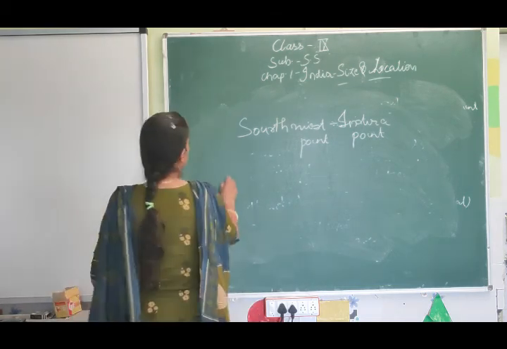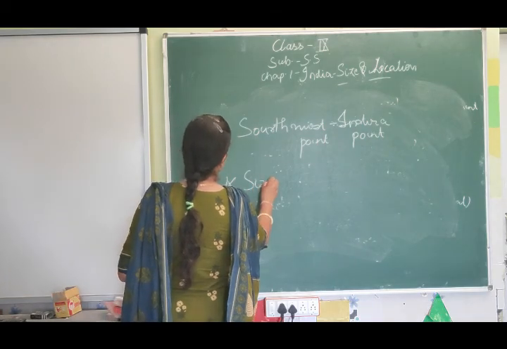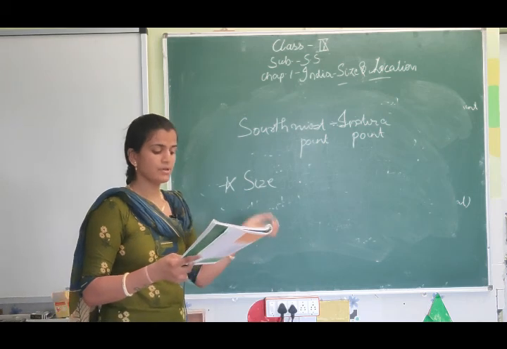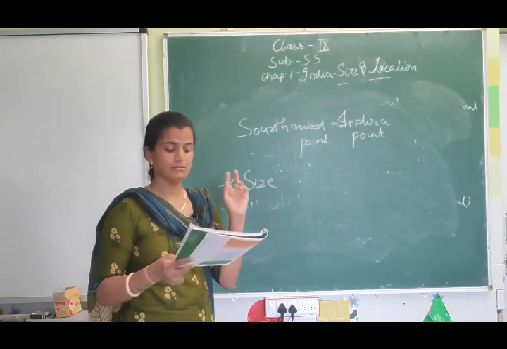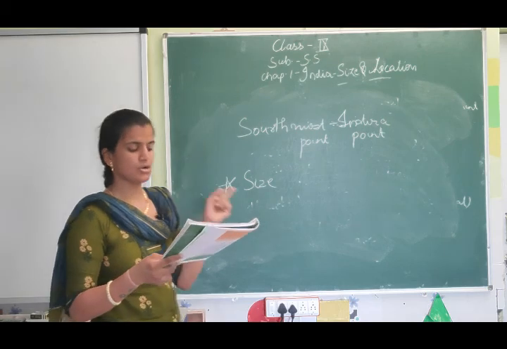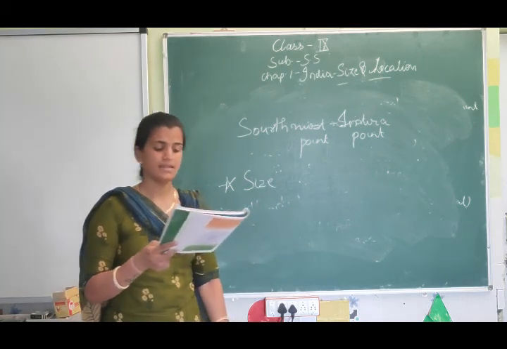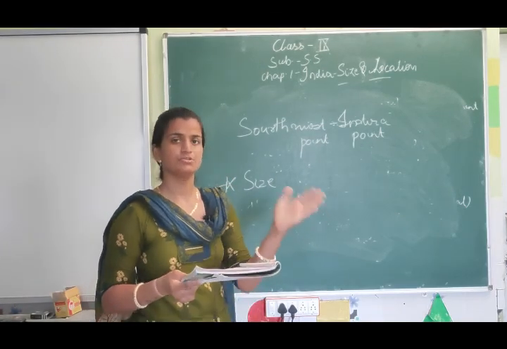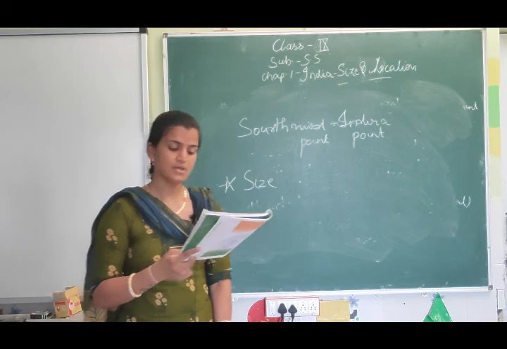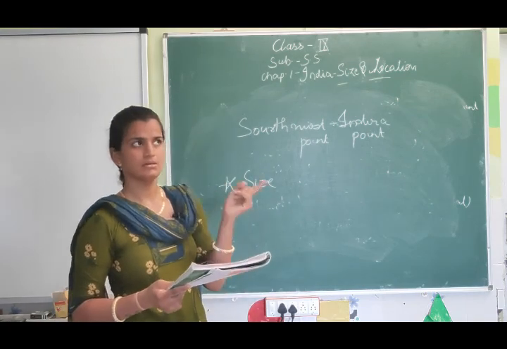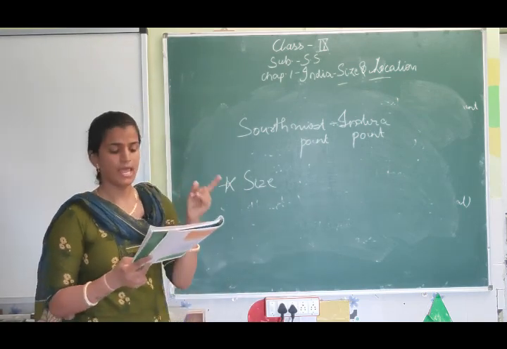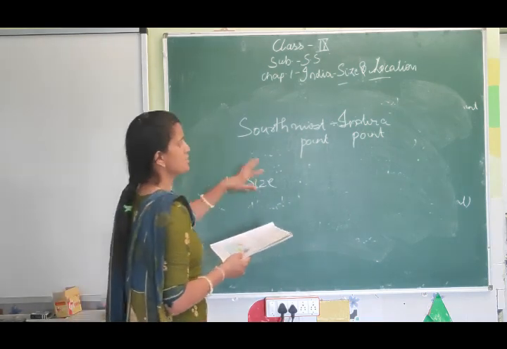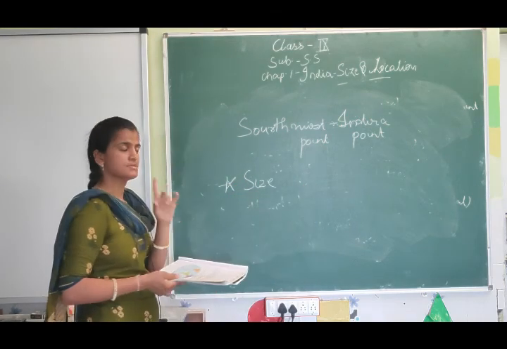Now we come to the next topic, India's size. We have seen the location of India. It extends between latitude 8.4 N and 37.6 N, and longitude 68.7 E and 97.25 E. The Tropic of Cancer divides the country into two parts, the Andaman and Nicobar Islands are in the southeast in the Bay of Bengal, and the Lakshadweep Islands in the Arabian Sea. The southernmost point is Indira Point, which was submerged in 2004.